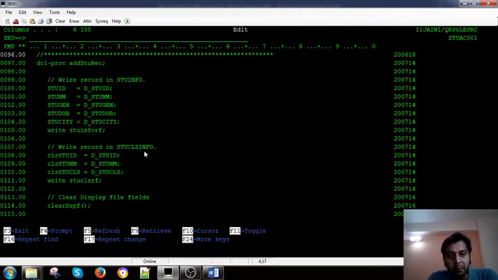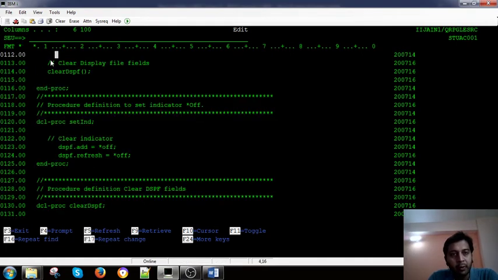And you see I have given a prefix here, so I have used CL, right? I have added the CL. This is how you write the record format, and this is the record format name of the string information file, and this is the record format name of the class information file. Now after that I want to clear the fields because I don't want to enter them again, right?